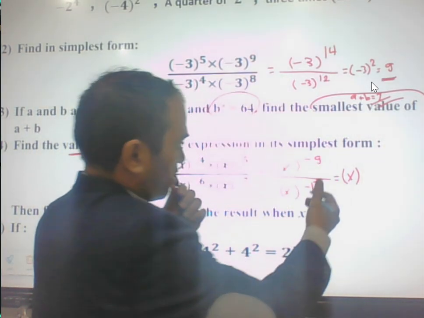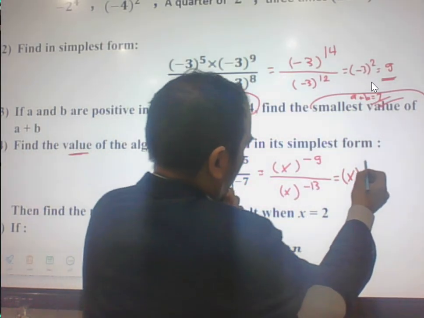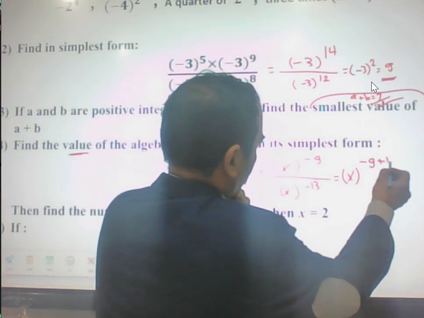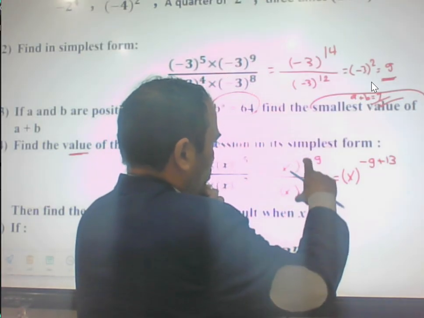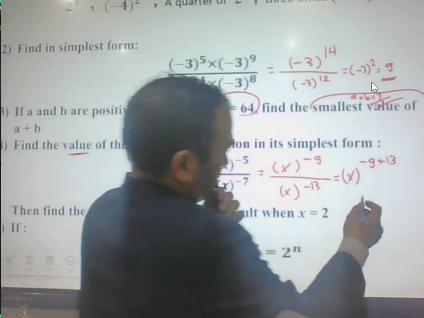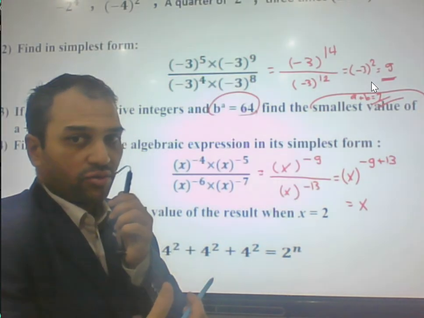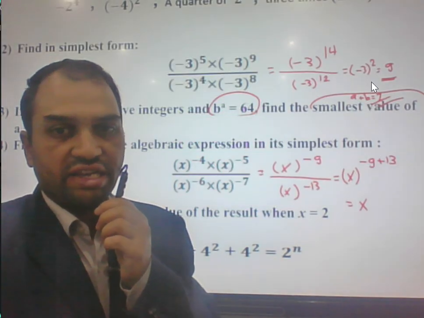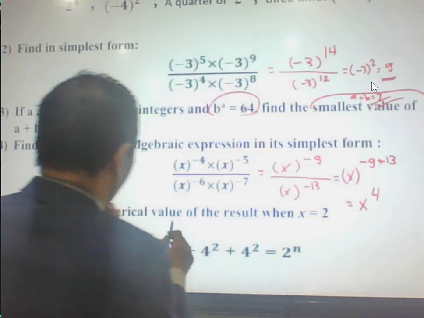X power negative 9 divided by x power negative 13 finds the difference between two powers, right? Negative 9 plus 13. You must change the sign here in the denominator because you divide the same bases. Okay, next step, you can write here equal x power negative 9 plus 13. 13 minus 9 equals 4. In the simplest form, it will be x power 4. Okay, and then find the value